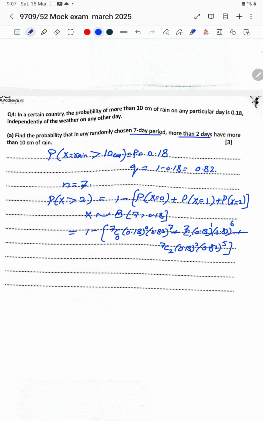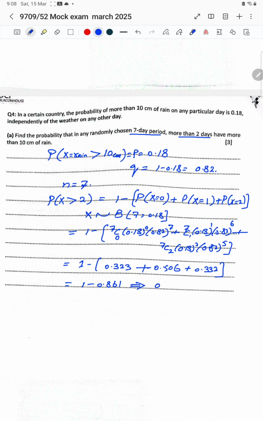Now use the calculator to find the result. The first term is approximately 0.23, with 1 it will be approximately 0.506, and with 2 it will be 0.332. Finally, 1 minus 0.861